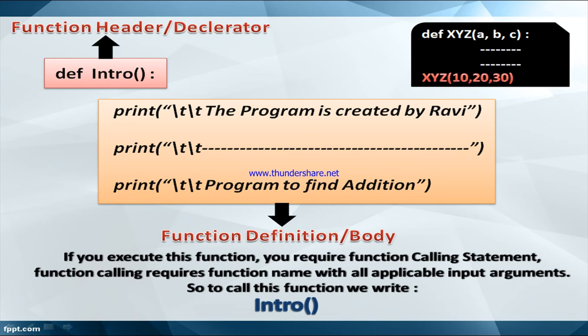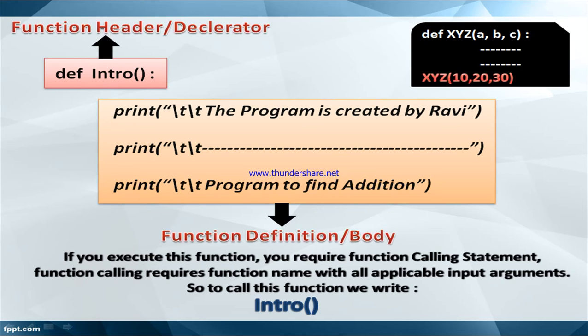And on the other side, if we want to call this xyz function, what will be the calling of this xyz function? To call the xyz function, we should supply all the input argument values in a sequence order. So first check the declarator, the header of the xyz function. It will take 3 input arguments if we want to execute the function. And here, just check the calling of this function, xyz 10, 20, 30. 3 input arguments are given to the function.